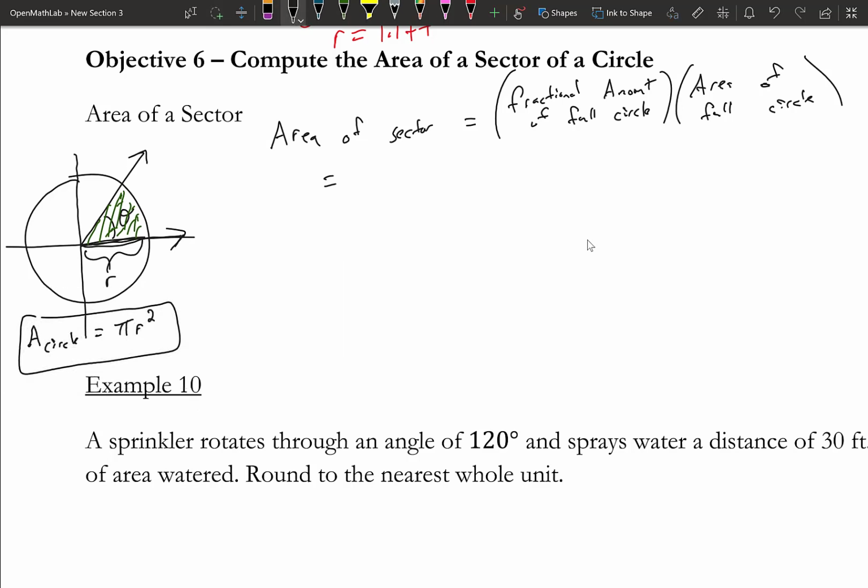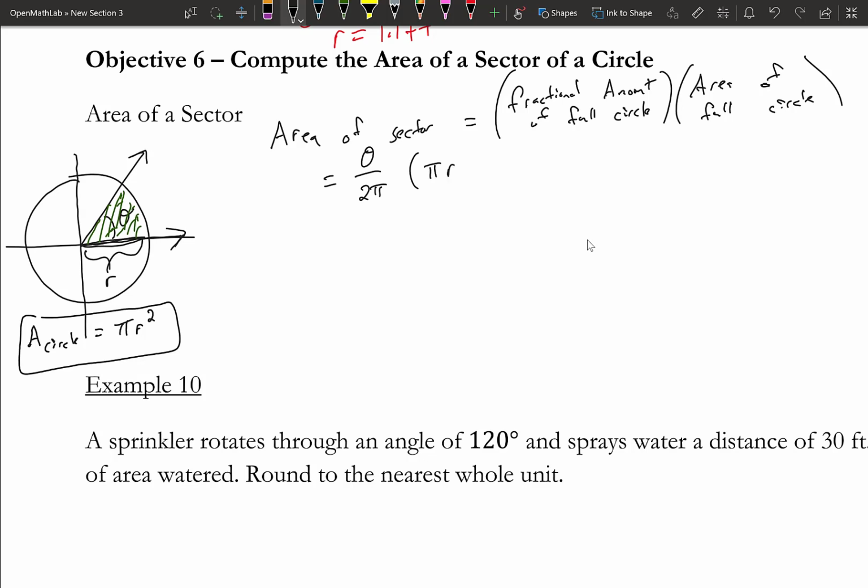So back to the area of a sector, this is going to be equal to, so how do we figure out the fractional amount of a full circle? Well, what I can do is figure out the angle theta and divide it by 2 pi, right? So if I go pi around, that's half a circle. So that fraction is going to work out. If I take the radian measure and divide it by 2 pi, that will provide me with the fractional amount of the full circle. And then I need to multiply this times the area of the full circle, which is